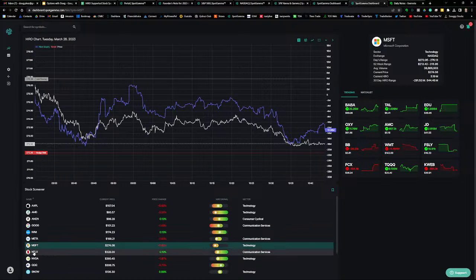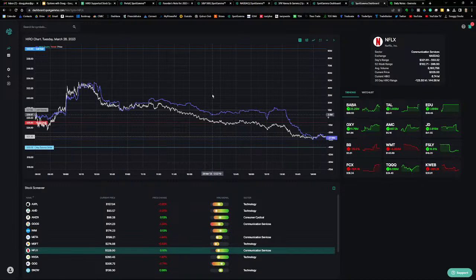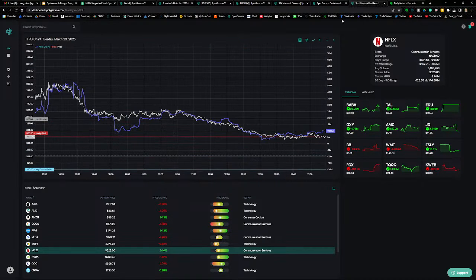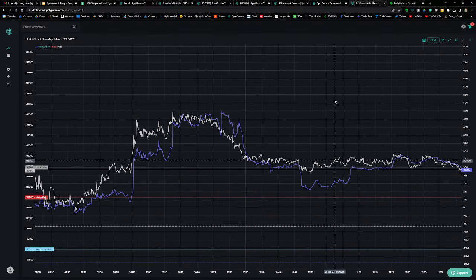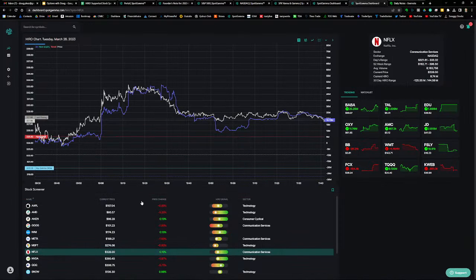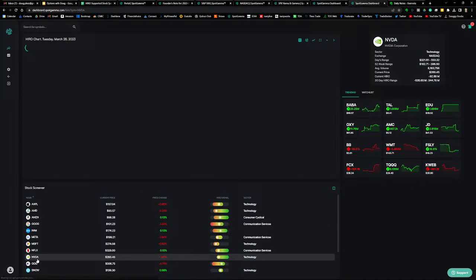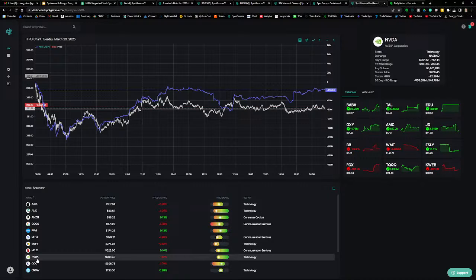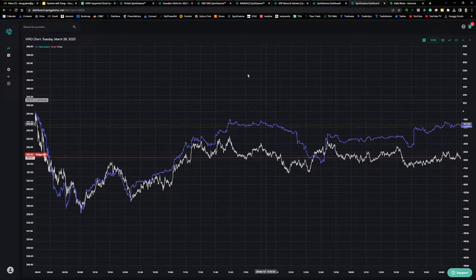And by the way, Netflix was pretty strong in the morning. It's on my watch list, but I find it pretty difficult to trade. The bid-ask spread is so wide. But there's a strong correlation, strong confirmation with options trades, hedging flow, and price action in Netflix. NVIDIA, also strong confirmation, strong correlation between hedging flow and price action.